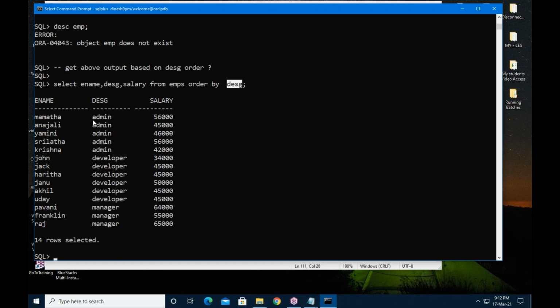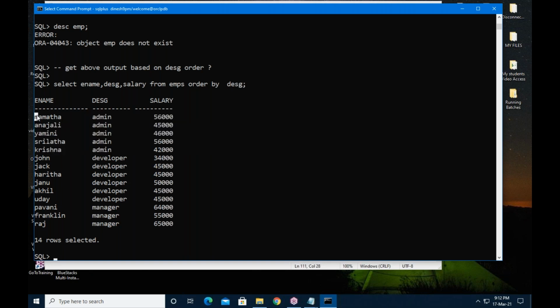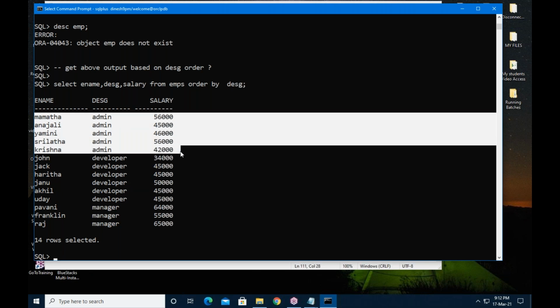Now, under admin, how many employees are there? Five employees. My next target is, under the admin category, I want to see the least salaried employee to the highest salaried employee.